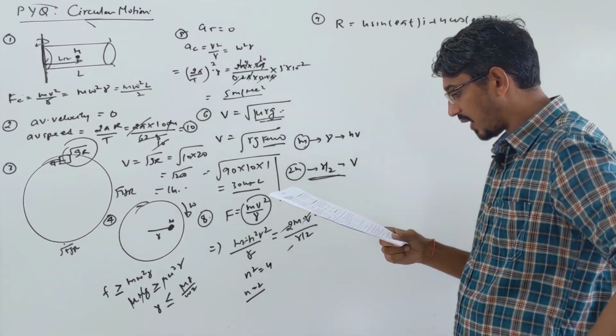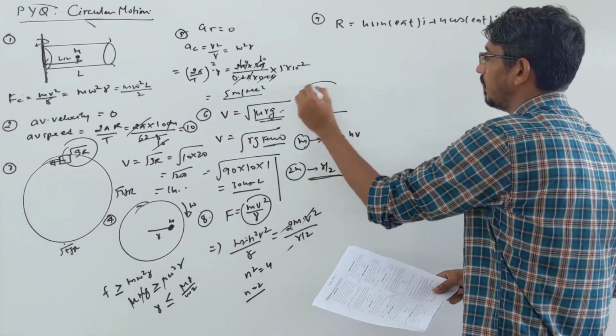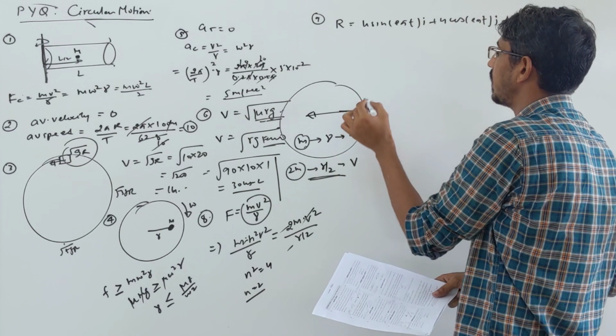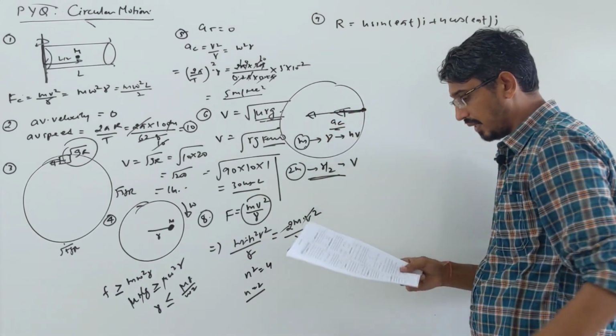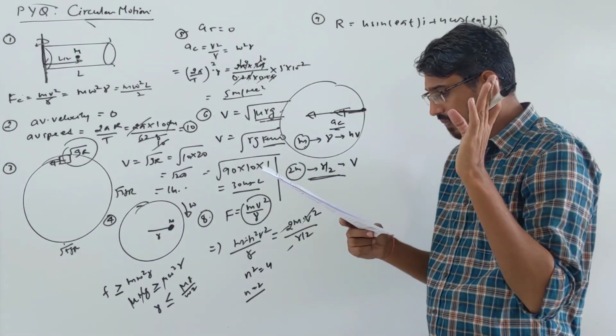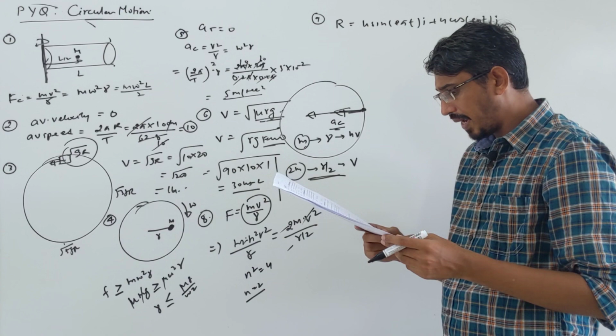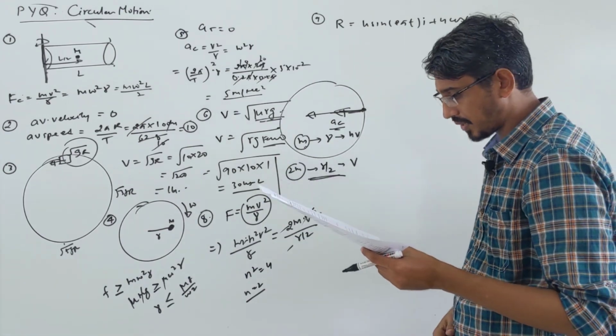The acceleration vector is along negative r. Yes, because this is a uniform circular motion, so net acceleration will be that centripetal acceleration only. So that's also correct. We have to find the wrong statement. First statement is correct, second also correct. Magnitude of acceleration is v square by r. Yes, v square by r only, we know centripetal acceleration. Correct.